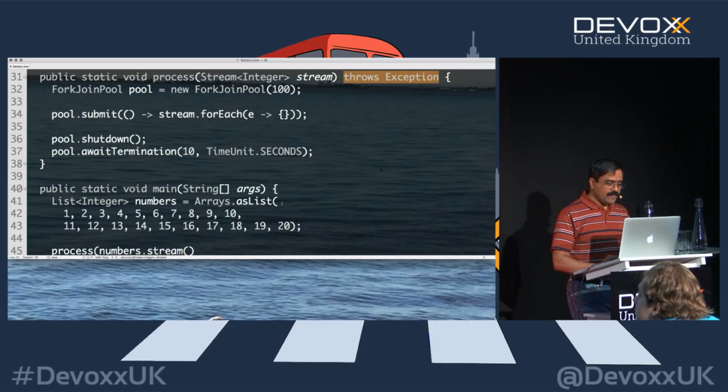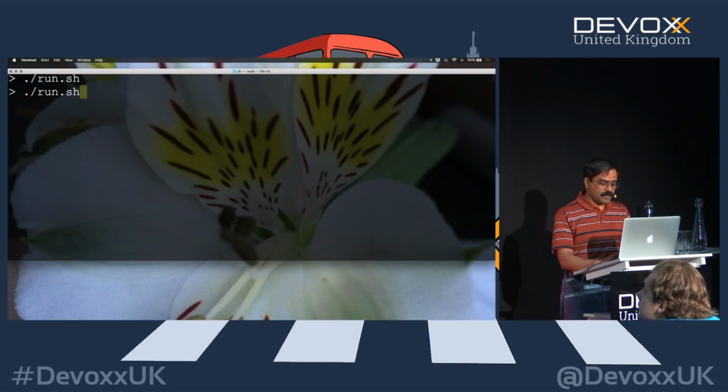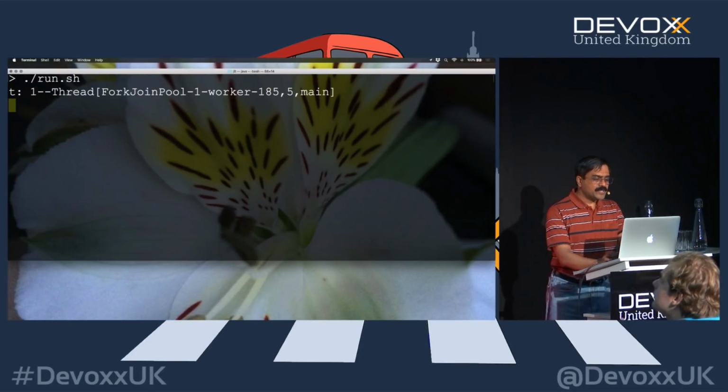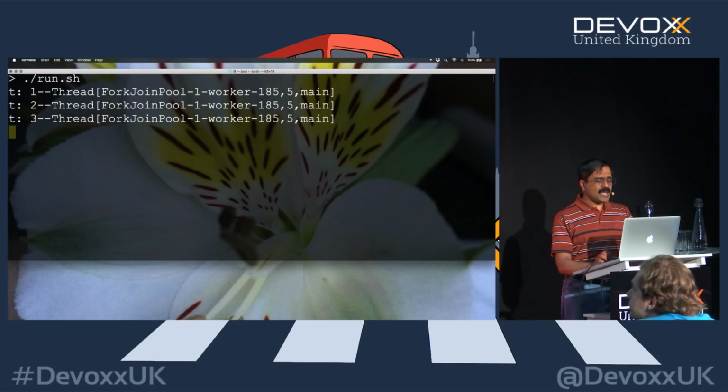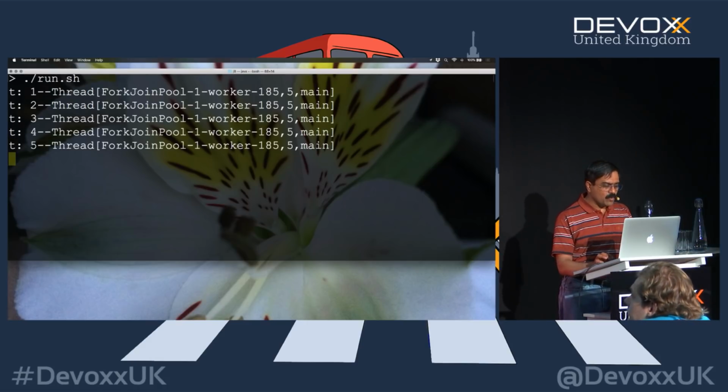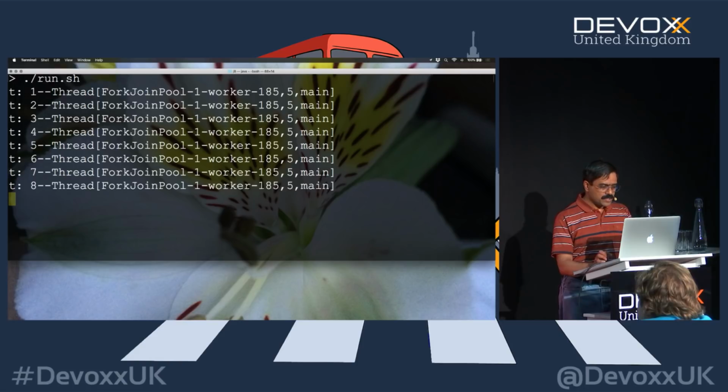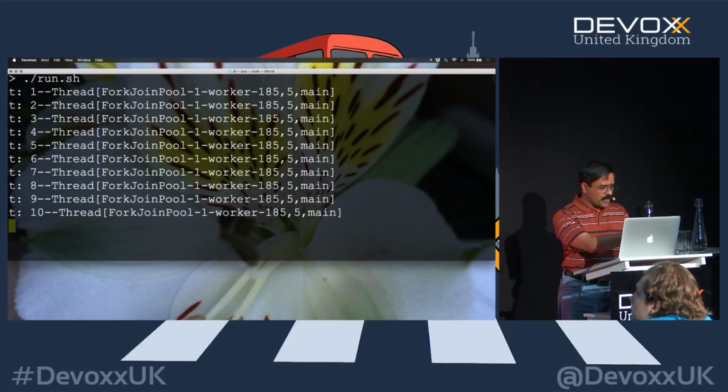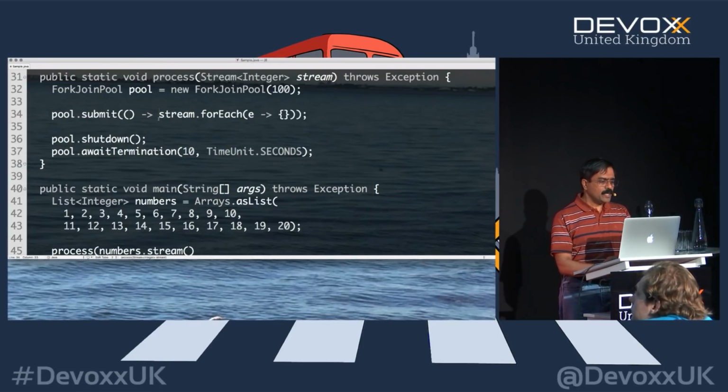And so given this, what is it going to do? It's going to wait for the pool to terminate before it completes. And so we can actually see that, well, in this case, it's still running it sequentially, isn't it? Let's see why that's actually the case. This is the thread, fork join pool. The transform is happening right there. So that should be running that within the submit, within the fork join pool.